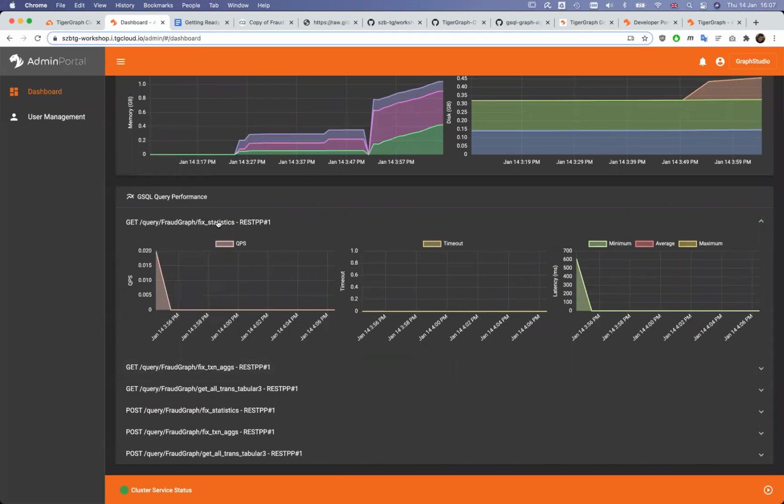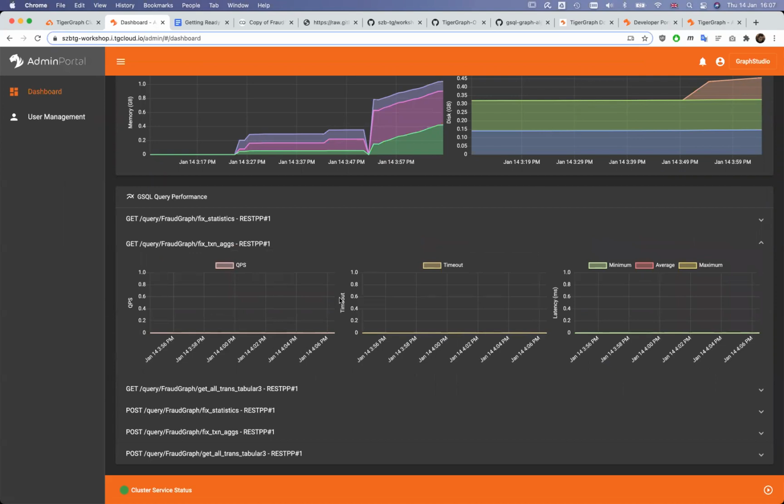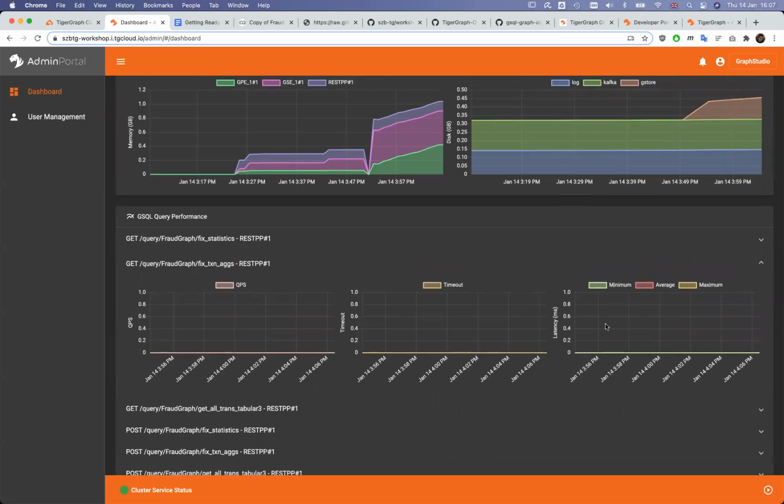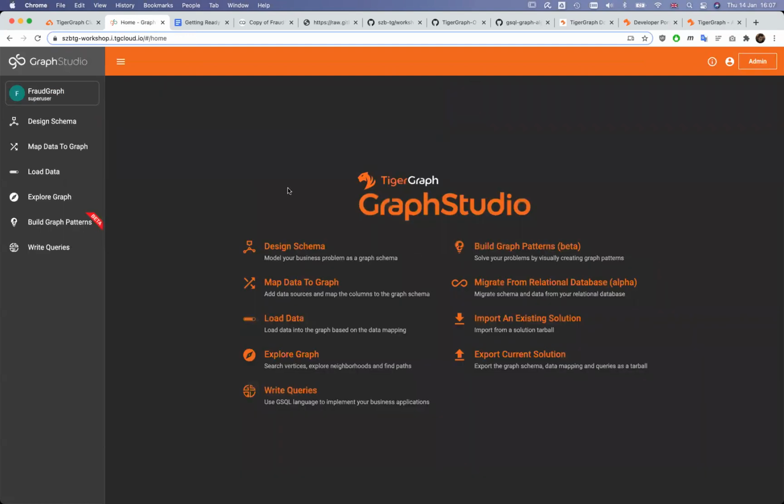So for example, this fixed statistics query, which was very quick, was executed once around 10 minutes ago. And this one is not shown here, which is running the aggregation calculation, because it's still running. Anyhow, let's go back to Graph Studio.